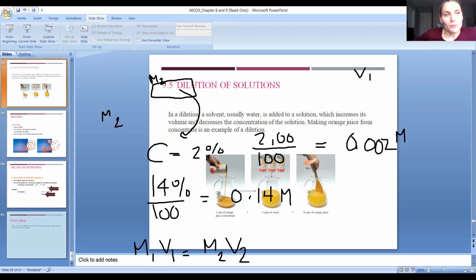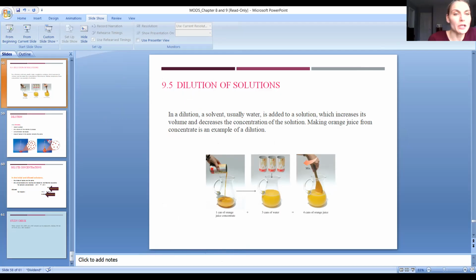We say that our volume is going to be prepared by diluting. So this is our V2. We're going to solve for V2. So what's our new volume that can be prepared when you dilute 25 milliliters of this 14% hydrochloric acid solution? So this would be our V1, that 14% would be our M1, and this guy would be our M2. So we're solving for V2.